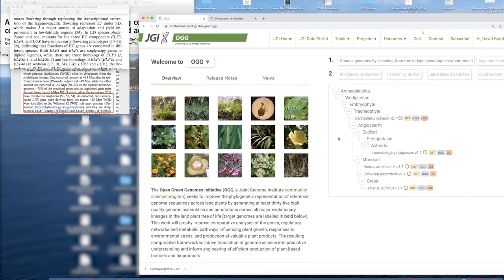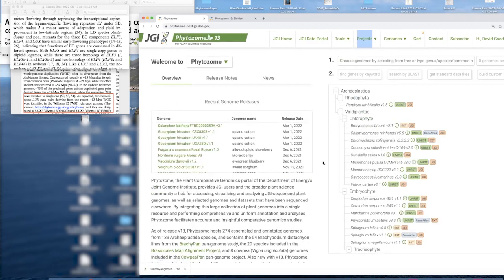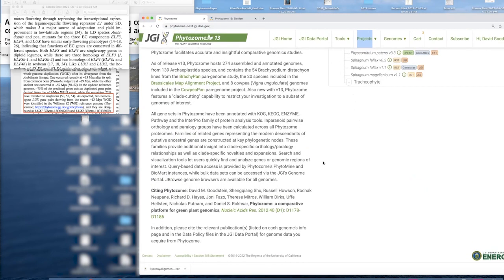Jim Leebens-Mack's Open Green Genomes, trying to fill in gaps in the land plant phylogeny. And of course, Phytozome, which is everything. Okay,